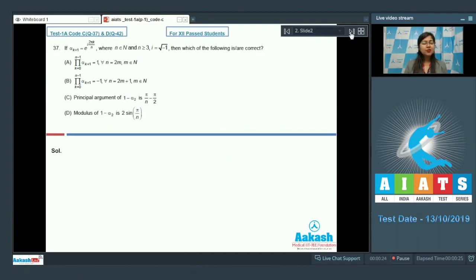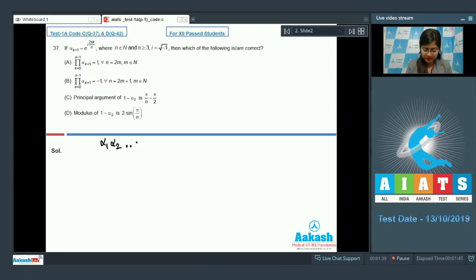So let us start with question number 37, which says that if alpha k plus 1 is equal to e raised to the power iota 2 pi k upon n, where n is a natural number and n is greater than or equal to 3, then which of the following is correct? So we have to find alpha 1, alpha 2, alpha 3 and so on up to